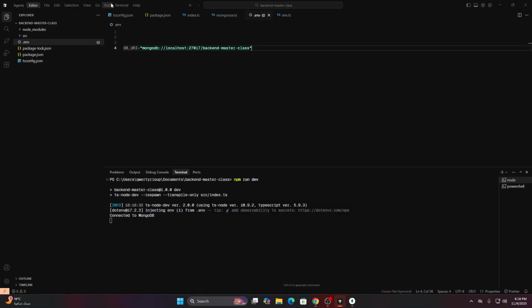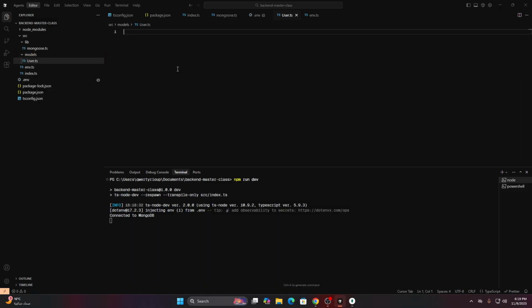Okay. For now, let's create a model. The DB has models. We are going to create our first model together. So inside the source, we can create a folder named models. In this example, all the DB operations will be tested on users. So we are going to create users, delete users, update users, things like this. So in models, I will define